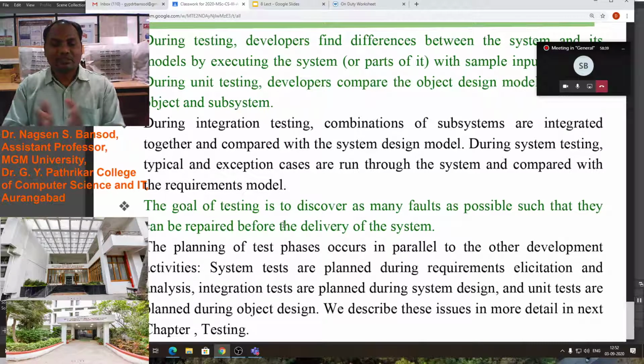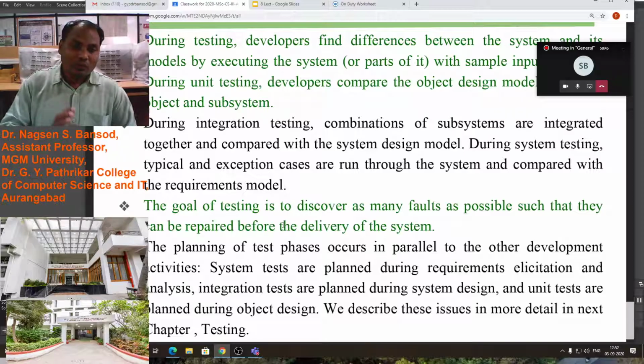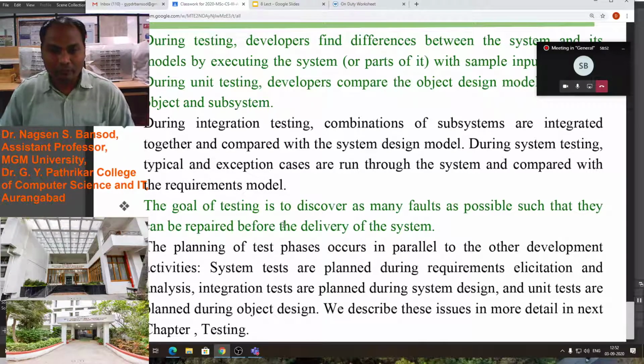Suppose some exceptional cases are there. In those cases also we have to find out if there is any error or any requirement for our software.